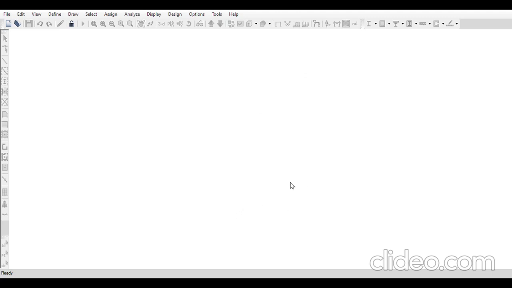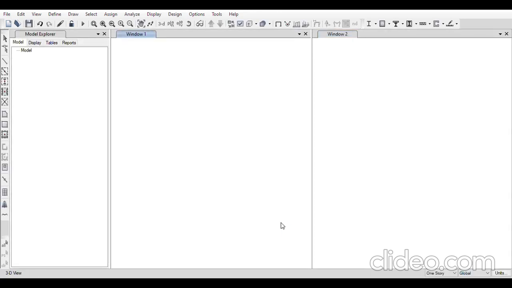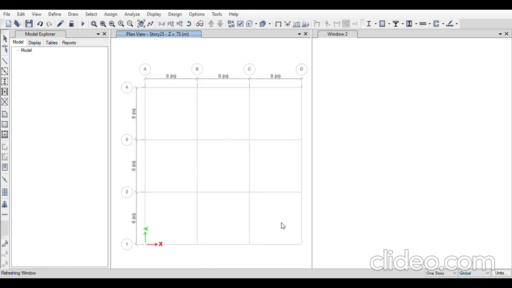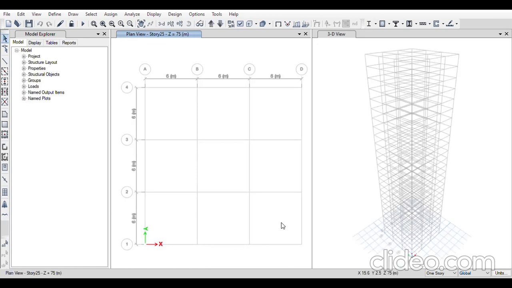I'll click OK, and I'll select grid only and click OK. Now I have the plan of story 25 with z-axis height, and I have a 3D elevation.